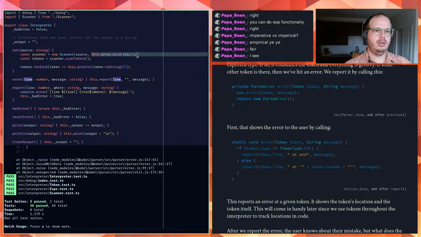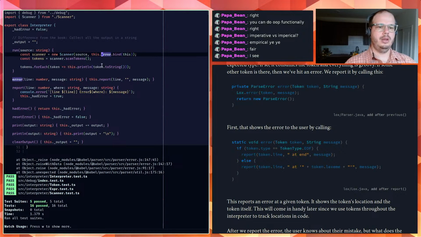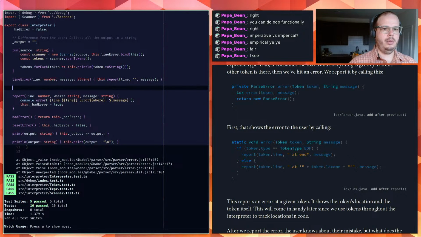So you can see we pass in error to scanner. So let's say instead of calling this error, let's call it line error. And then we can write a different error, which is token error, that takes in a token and a message